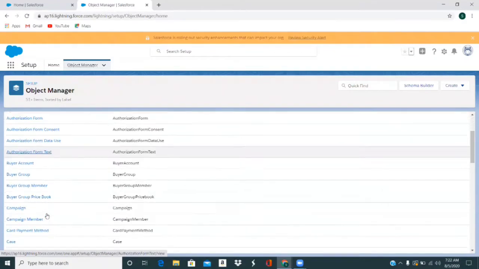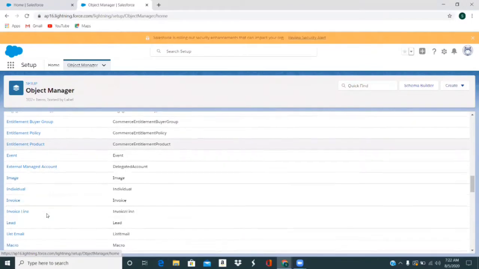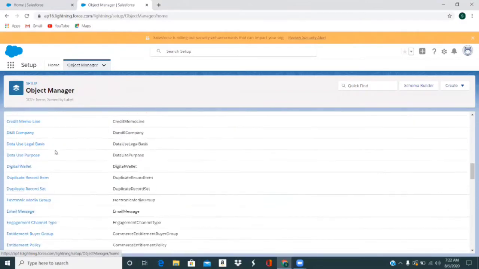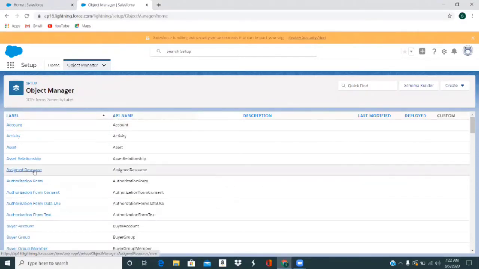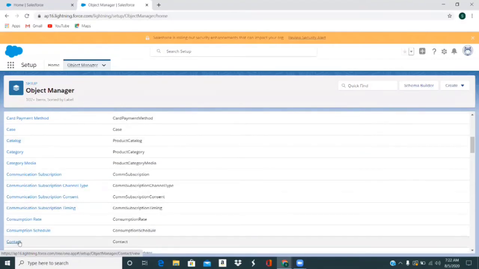These are all standard objects. So there are so many standard objects you can see. We have like opportunity, we have lead, account, case, contact. So these are your standard objects which are already there in Salesforce.